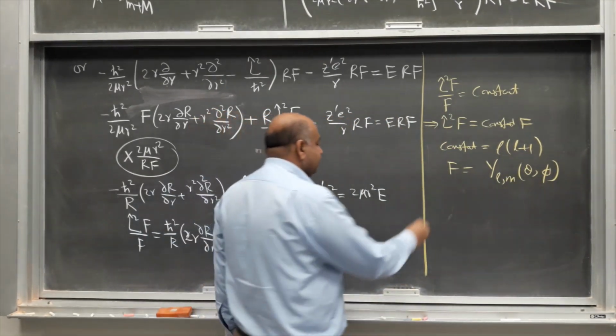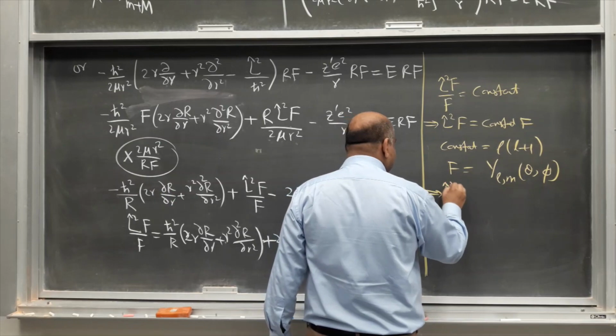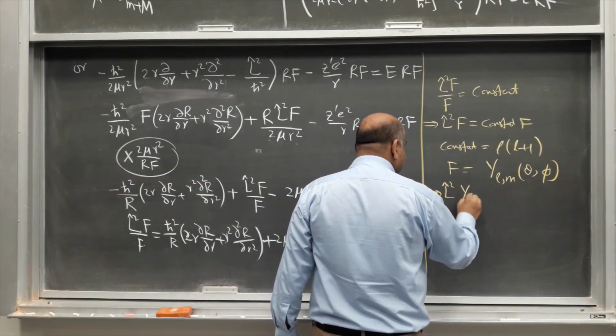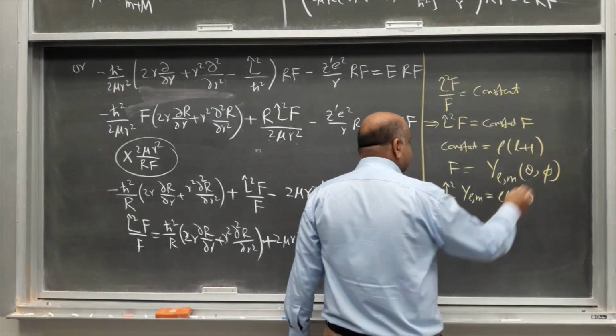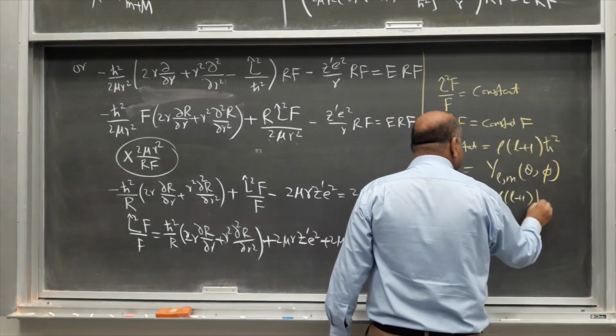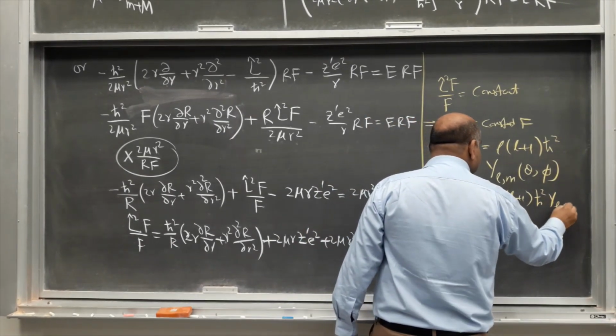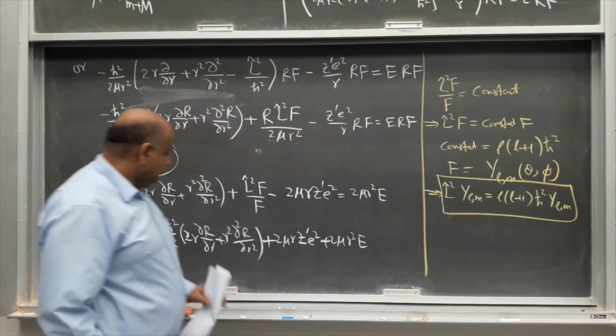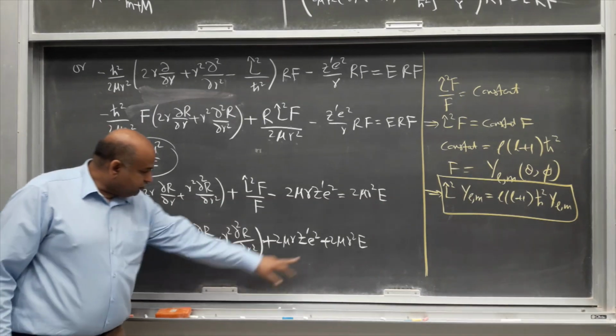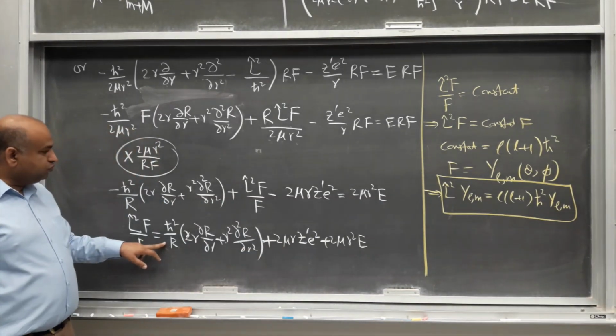So it means that L square Y_LM equals L into L plus 1 h bar square Y. Sorry, this is h bar square here. Which means that this right side is now equal to L into L plus 1 h bar square,